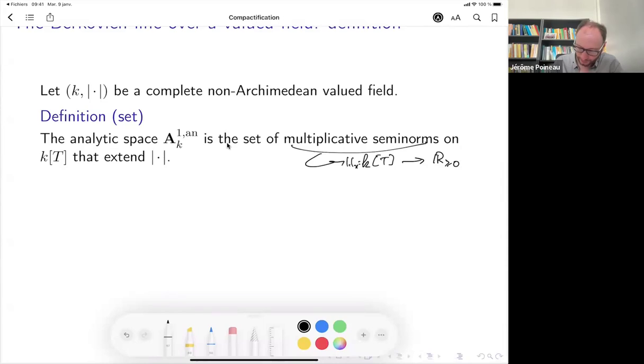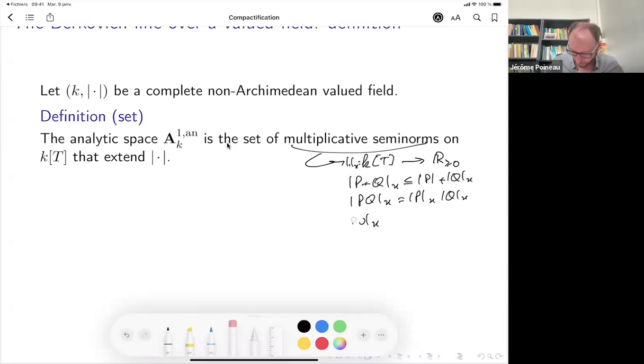And you want the triangle inequality and the multiplicativity condition. You probably also want something reasonable, like the absolute value of 0 being 0, but since it extends the given absolute value, this is automatic. Let me just keep only those two.